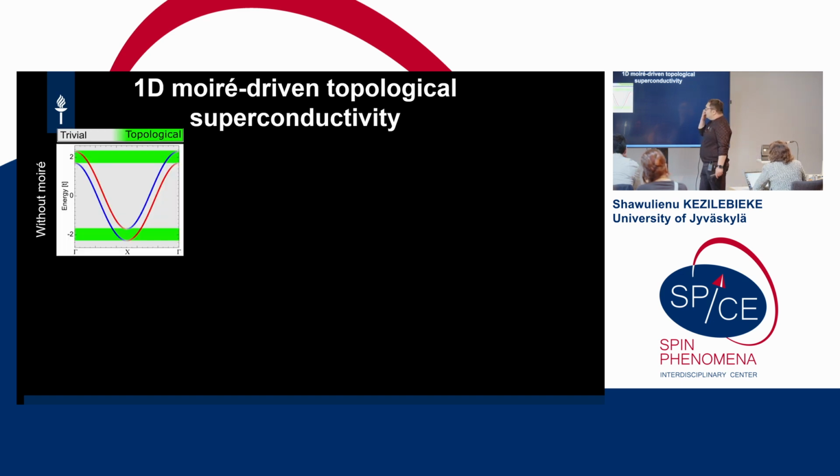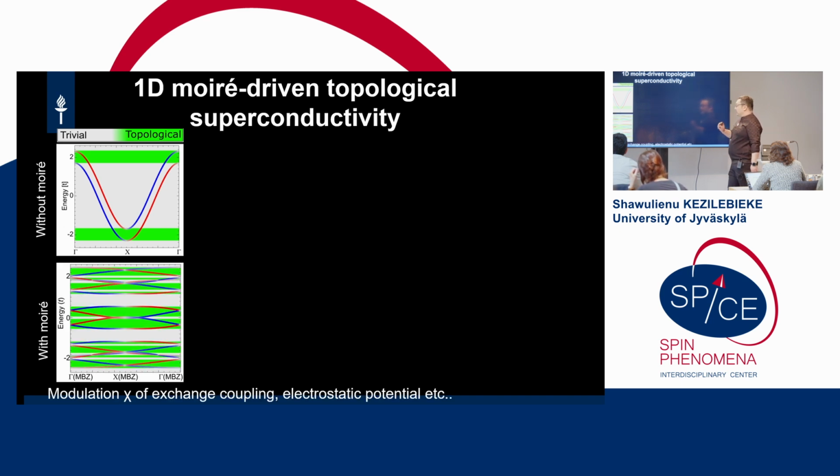And as you can see, without the Moiré, usually your topological states live on the bottom or top of the band, because over there you have this spin helical state. Now, if you turn on the Moiré potential, this potential can be a modulation of exchange coupling between the superconductor and ferromagnet, or just an electrostatic potential, because you are using two different layers. Now, if you turn it on, you can see you have many different regions where you can have